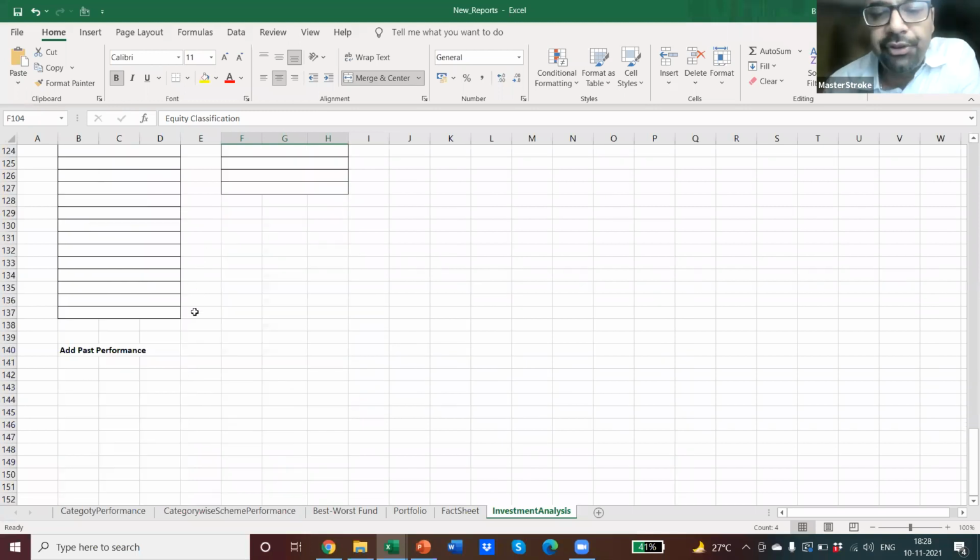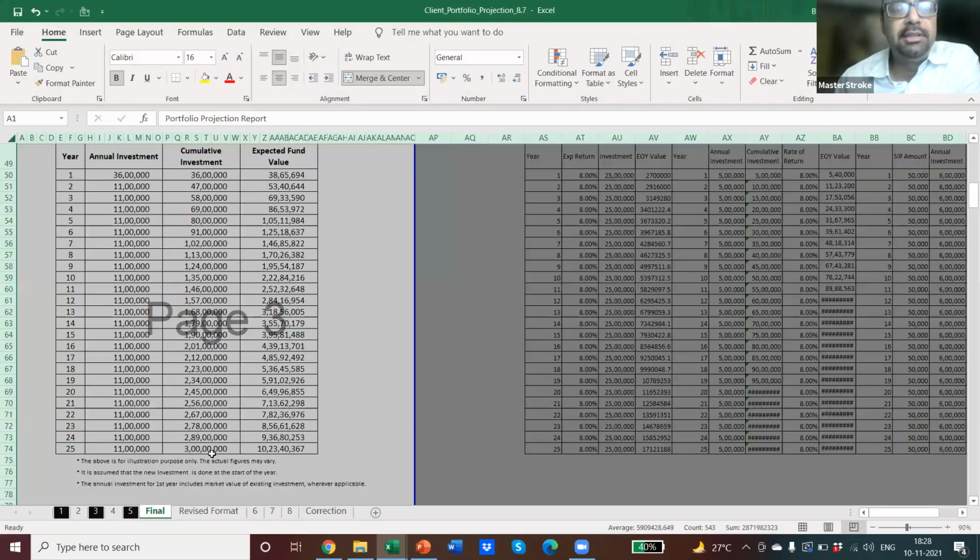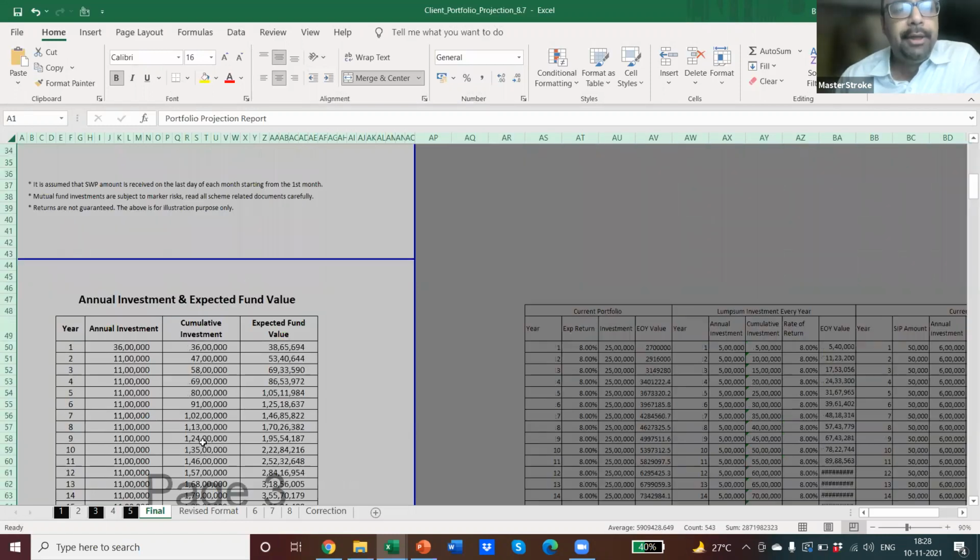This is the report also which is coming by December. These are the next 6 reports which we are coming up. Rolling return will come in the month of January. Apart from this, we are also launching fantastic calculators in the premium section. So before upgrading, you will always ask me, what are the features? The answer is that you get mutual fund screener, comparison, download options, 6 more reports, and fantastic calculator. This is the first calculator we are launching in the month of November.